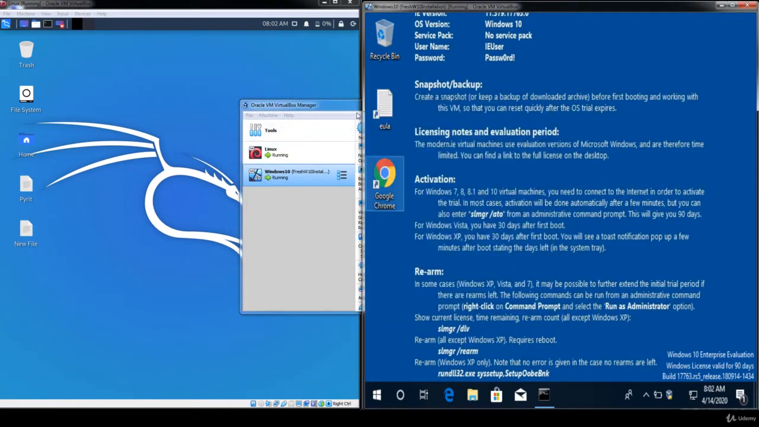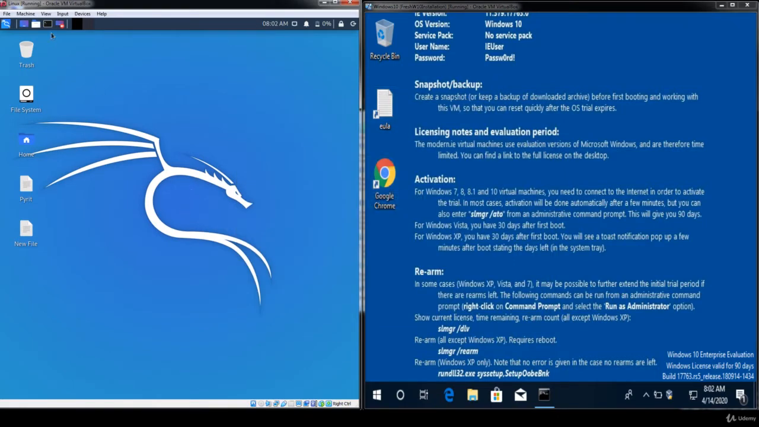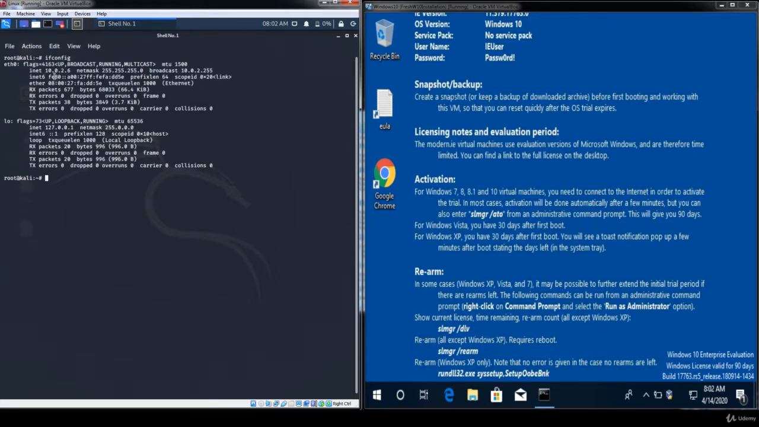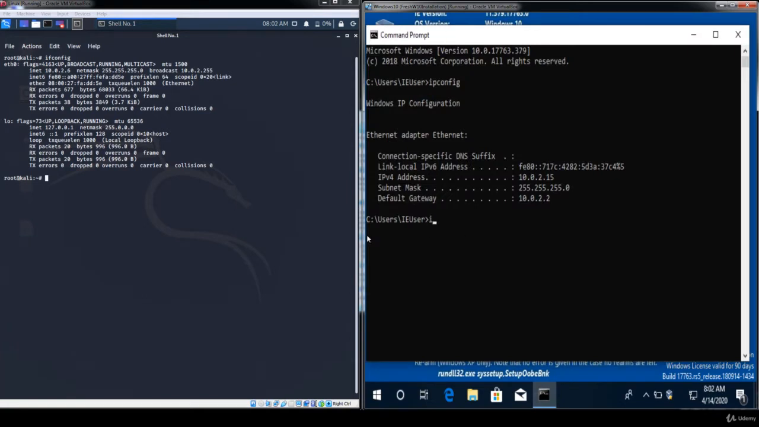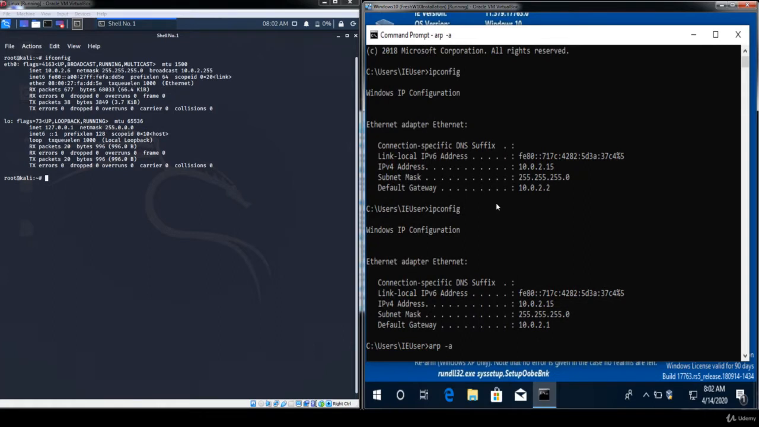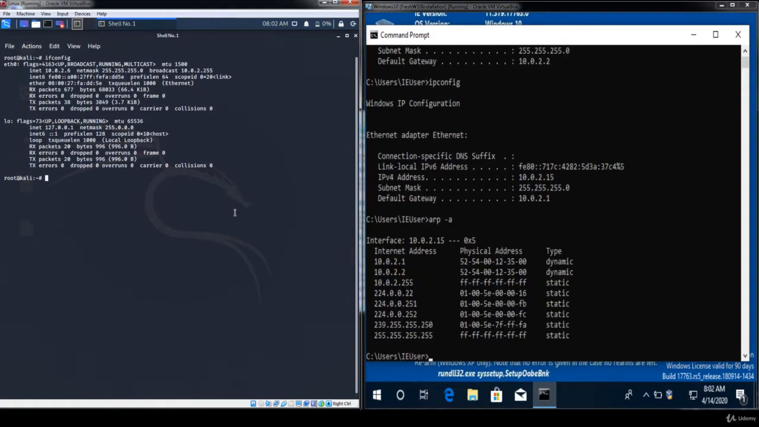So now if I go to Windows 10 and Kali, let me check the IPs here. So it's 10.0.2.6, and here 10.0.2.15. Okay, so let's check the ARP table here. This is the one, and this is my MAC address here under Ether,